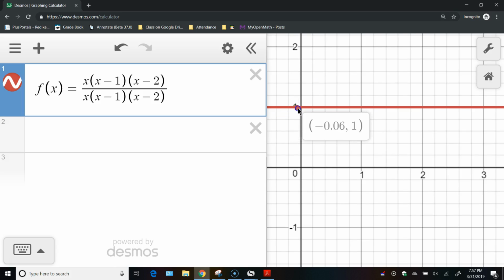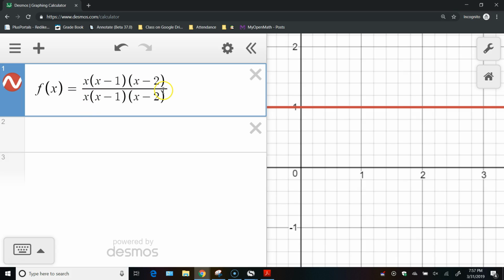Again, when you move your cursor, you see right here, still at x equals 0, there's the hole. At positive 1, there's still the hole. And now scroll over to here, and you see there's still a hole. Right there, you see 2, comma, undefined. So these factors like x minus 2 and x minus 2, x minus 1 and x minus 1, x and